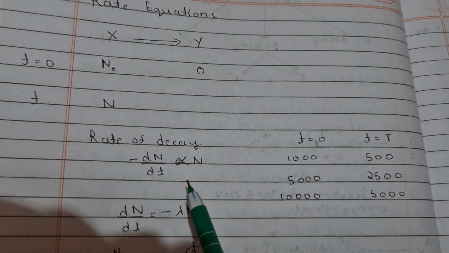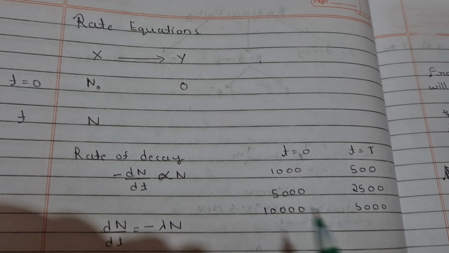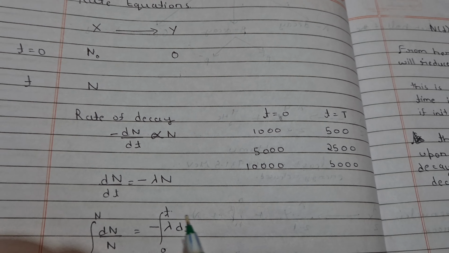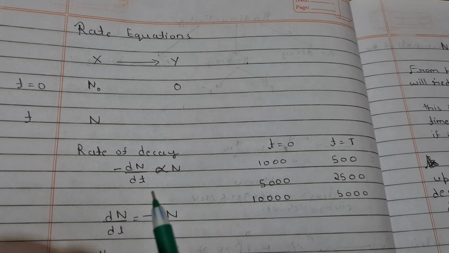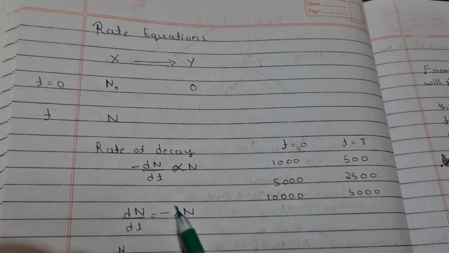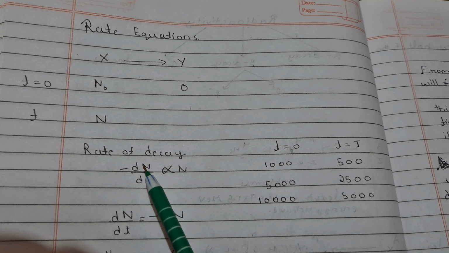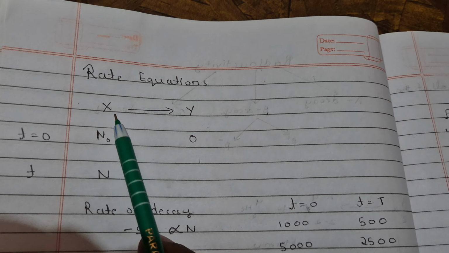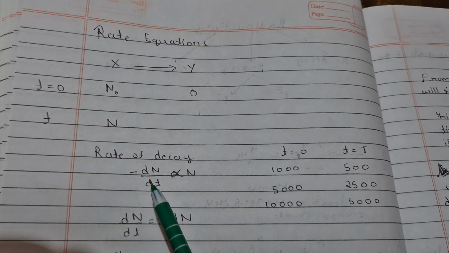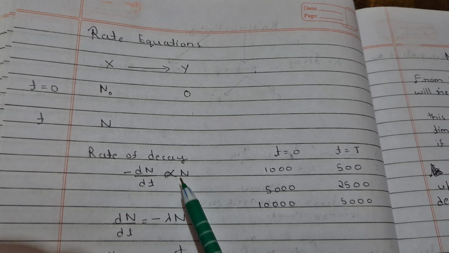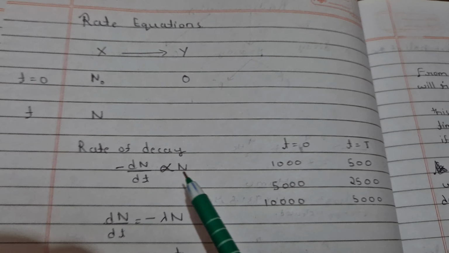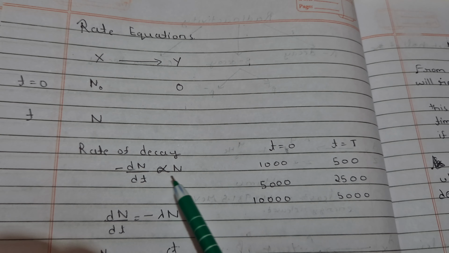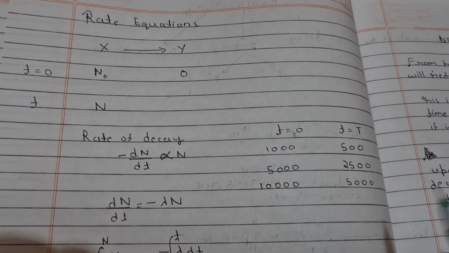Now, these are all practical results we observe in real life. We don't know the theory behind this yet. We are just observing how it is disintegrating or decaying into another nucleus. So we have this rate equation, dN by dt, meaning how it is decreasing with time. That's why we have this negative sign, and it is proportional to how many nuclei are present in the parent at that time. So they introduce this relation by taking observations.